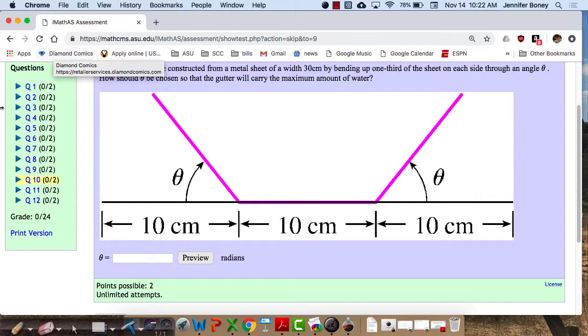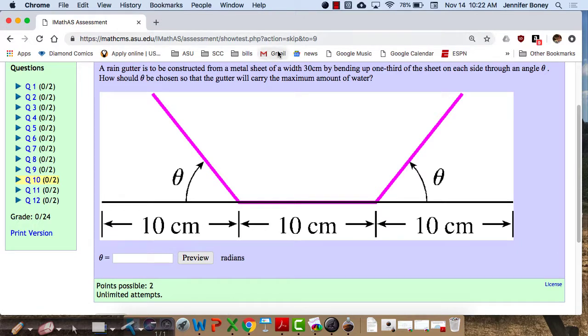So this is listed as being out of 24, just because it's Math AS and it does that. But when I put it into Canvas, it'll be out of 20. So you can skip any 2 questions you want, and you can still get full credit. So there are a possibility of 4 extra credit homework points essentially on this if you complete the whole thing. So if you want to just do 1 trig problem, you can do that and skip the other 2. There's this one that involves angles of folding, like angles for a rain gutter and maximizing the volume, which